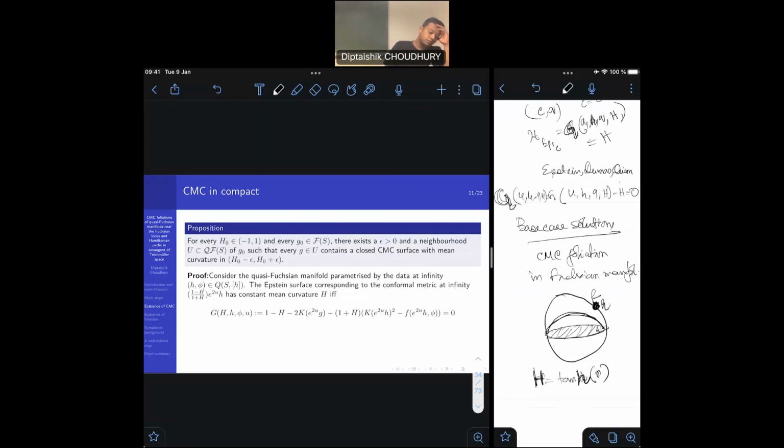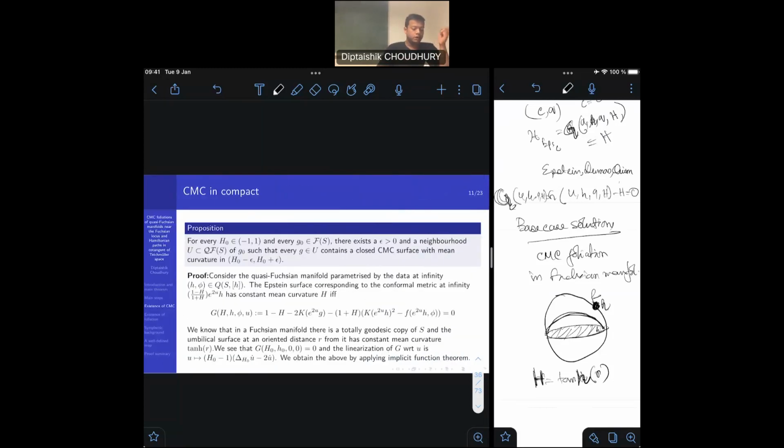So given this situation, you have this equation solution near the Fuchsian locus, and what you do now is that you check at this h0 and capital H0 and small h0, comma 0, comma 0, when you put the Schwarzian to be 0 as in the Fuchsian locus, and this conformal factor to be equal to 0 because you're already scaling by something before that, and you check that the linearization of g with respect to u is invertible, and you can apply the implicit function theorem to get a neighborhood of the point g0